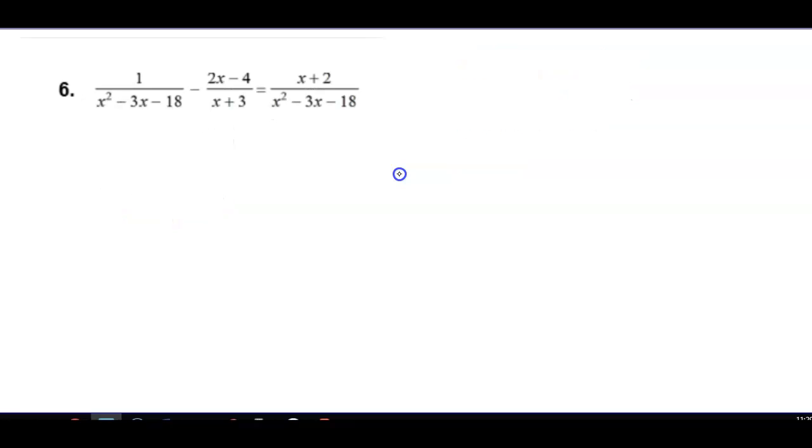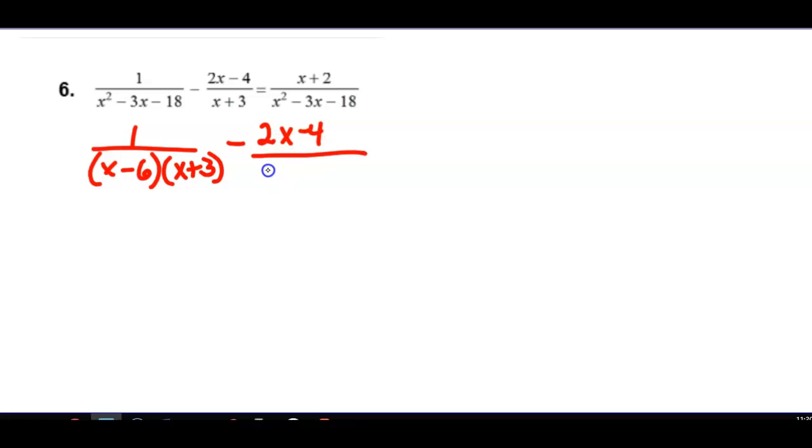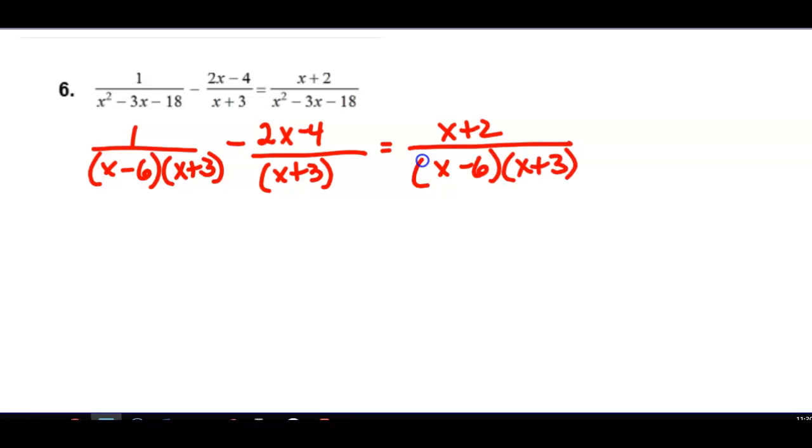All right, number 6. What you need to do here is factor before you do anything else, because we might not need all of this mess as our common denominator. Let's see, that factors x minus 6, x plus 3. What do you know? This one already has, I'm going to leave the top unfactored. This one down here already has an x plus 3. And this factors the same. So our common denominator,